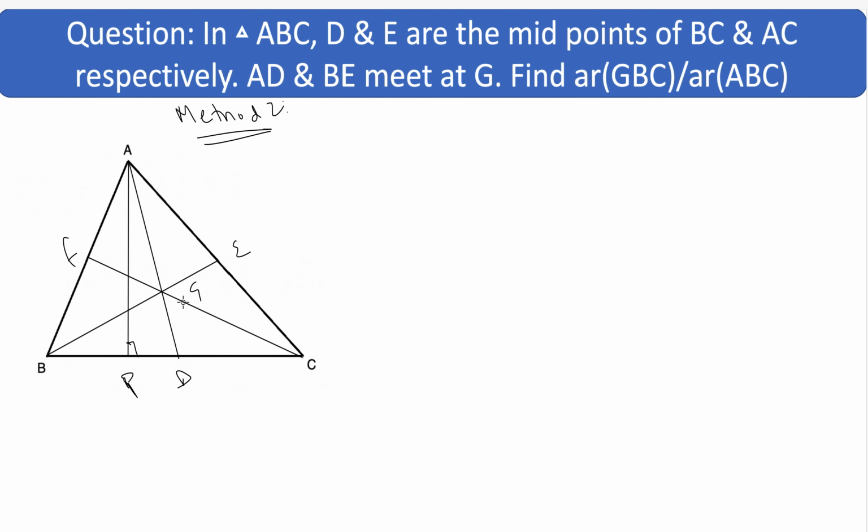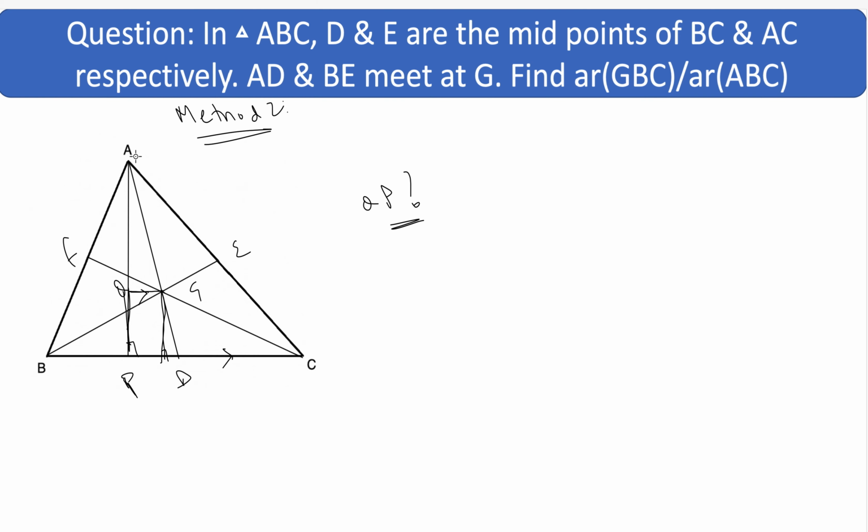Now for the area of triangle GBC, what is it? Half into base into height. What is the height of triangle GBC? From G to here, or it is also equal to this part. If you draw a horizontal line here which is parallel to this, so this height is also equal to this point. Let's name this point Q. So height is, either you can call it this from G to the perpendicular, or QP. QP is also the height of this triangle GBC. What is QP now? If you calculate QP, we get the area of triangle GBC.